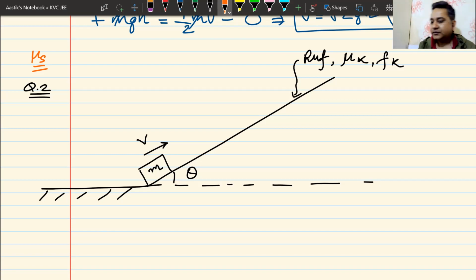What will happen to the block? Even if the floor is not rough, what will happen to the block? Will it keep on going up till infinity, or will something happen? It will reach a maximum height, yes or no? That is the question. Find out the maximum height it reaches. This slide is very long. You have to find out how high it will reach.